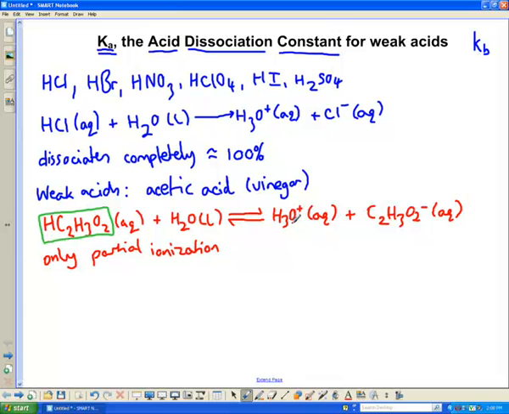And so because of that, in any solution of weak acid, you're going to have a concentration of the H3O+, of the conjugate base, and then of the acid, of the undissociated acid itself. All right, and you can show that by applying the law of mass action like you've done in your equilibrium chapter before. You'll say that K is equivalent to the concentration of your products. In this case, the conjugate acid and base of the reaction between acid and water,